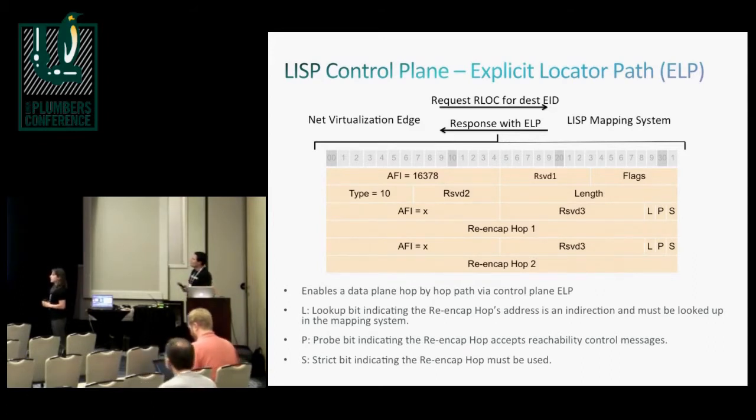This is probably not needed in the case of, let's say, data centers with enclosed environments and so on, but for cases where we have this, Lisp has this reachability protocol where you can figure out on the data plane if the next hop is actually reachable. So if the strict bit is not set, meaning that you have an optional service or an optional re-encapsulation hop there, it's better to pass through it, but if it isn't reachable, we still want to use a different path to the next one. The default is strict, yeah.